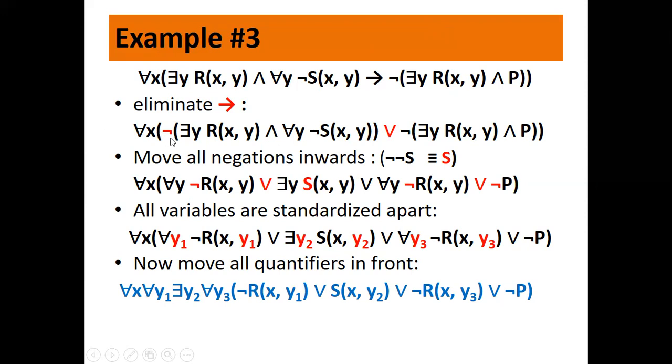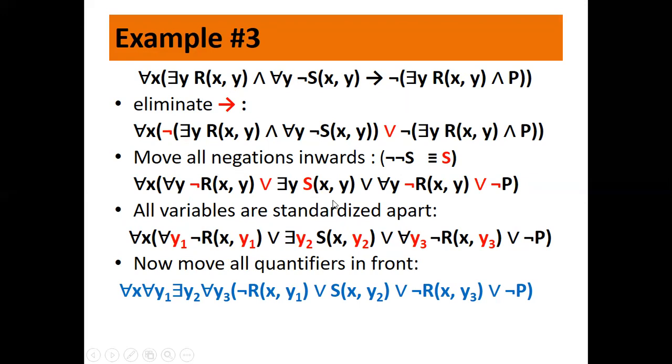Now, as in the previous example also, we have seen there exists y will get converted to for all y. Negation is moved inside, right? And the AND operator gets converted to an OR operator. And here, negation of S. So again the same thing. When you apply negation again, it becomes negation of negation of S. This negation gets cancelled and it is only S. So negation of S now here becomes only S.